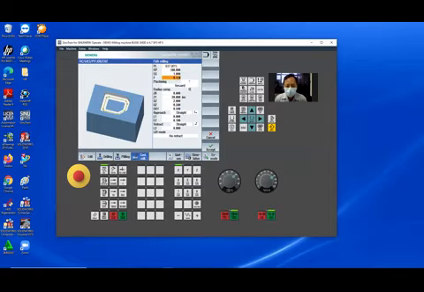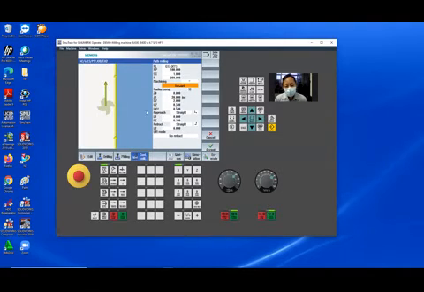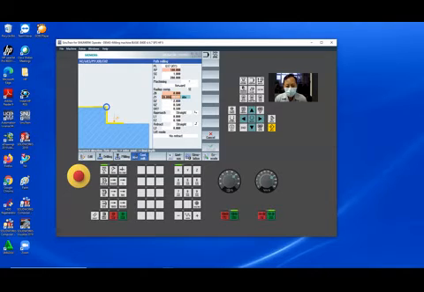Check the parameter: the feeding 200, roughing, forward. You see this forward, and this is the location. Okay, no problem. Next time we check. This starts from 0 and increment minus 5. If you use absolute, you must give the minus sign in front. If increment, no need to give the minus sign.